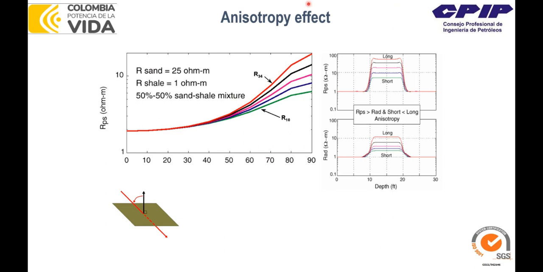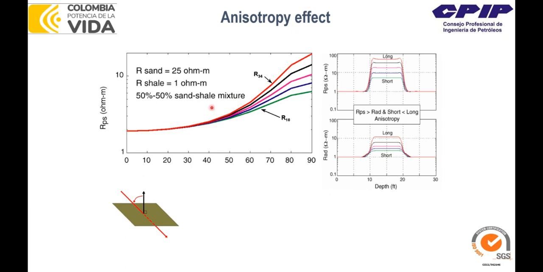We have to remember that the effects of anisotropy on the resistivity measurement change with the relative dip, the dip between the tool and the wellbore and the resistive layers. At low relative dip, the tool crosses, for example, the bed boundary at 90 degrees, so it only measures RH, the so-called horizontal component of RT. At a high angle, it measures more and more of a combination of RH and RV. RV is the vertical component of the resistivity. So in case of anisotropy, we have now two components: the vertical component of the true resistivity, which is RV, and the horizontal component of the true resistivity, which is RH. And notice how the effects of anisotropy don't become pronounced until 60 degrees of the relative